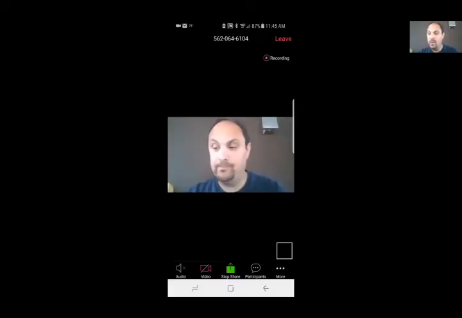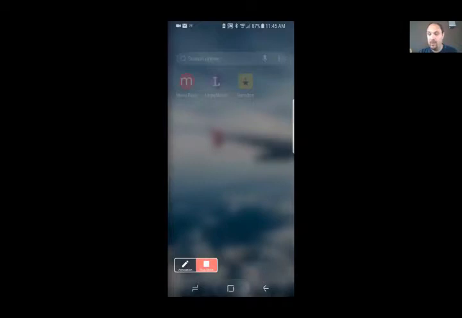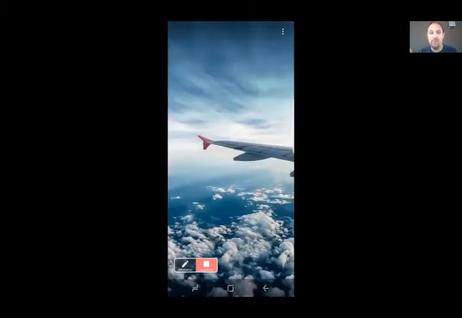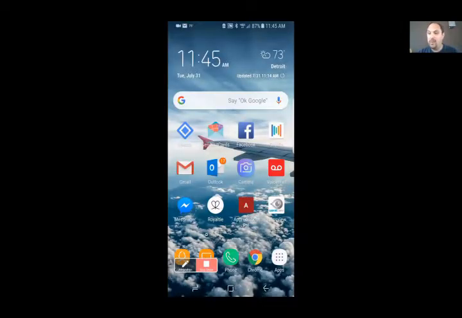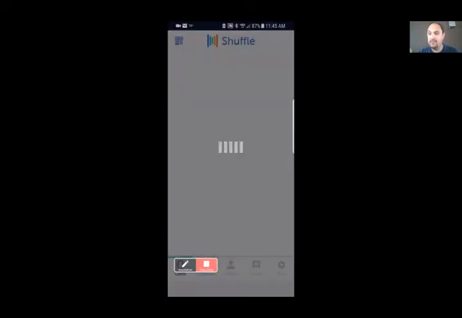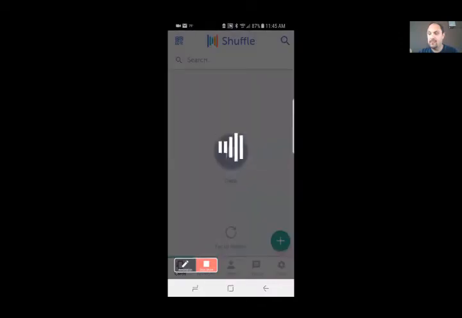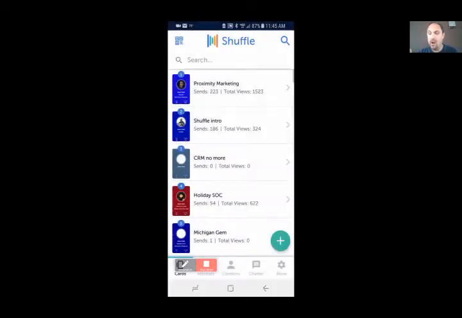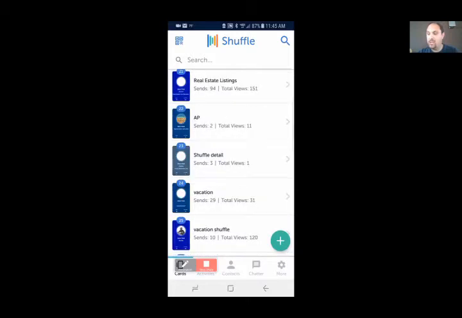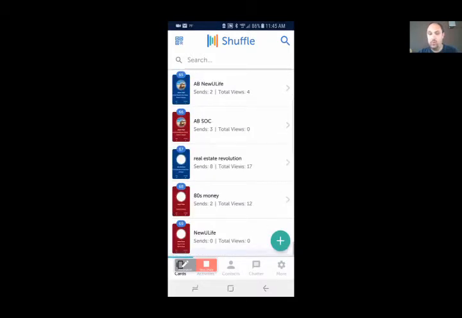So here we are. I'm now going to share my screen on my phone and show you exactly what it looks like on the phone. So right here is the Shuffle app. I'm going to click on it. There's all my cards. The last card should be the one I just created. New You Life right there. If I click on it,